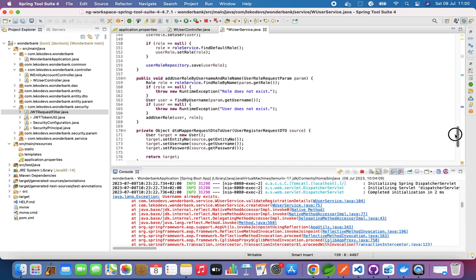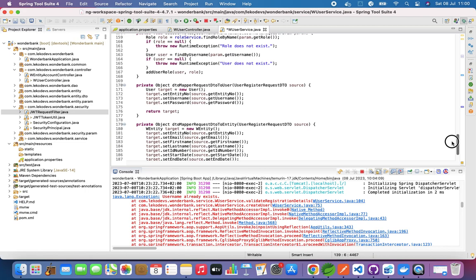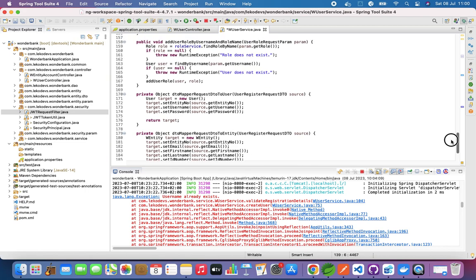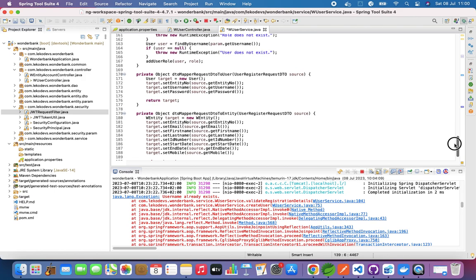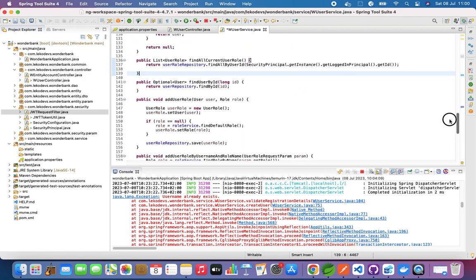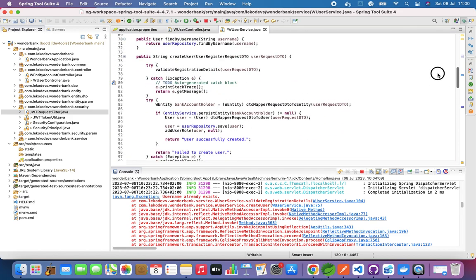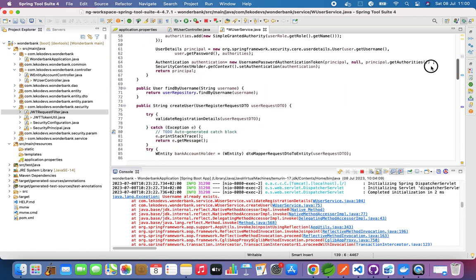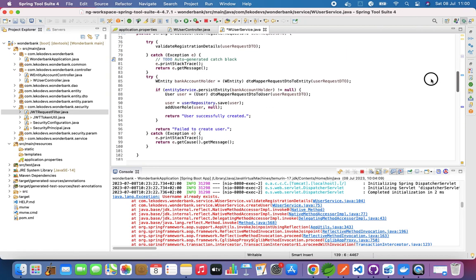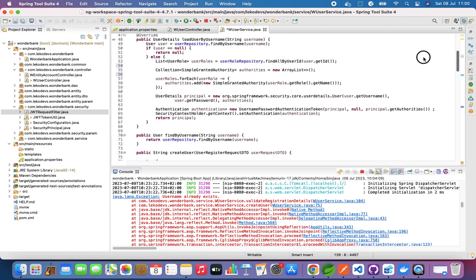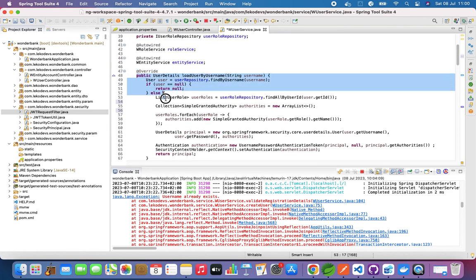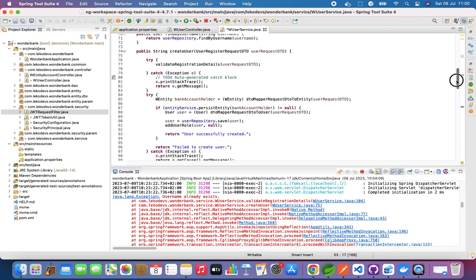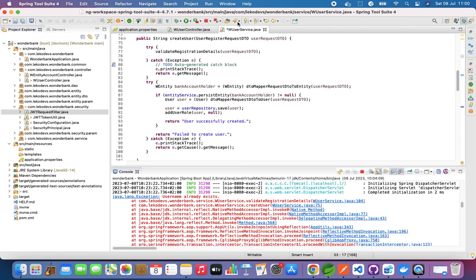So basically nothing big, nothing fancy. I do have DTOs to pass my data from the request payload into a database object, and from the database object into the response object over there. So there's nothing fancy now. We are basically done with the registration and the login. Basically the login is this part, and then the registration is essentially this part, which has a user register